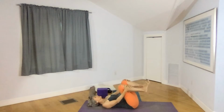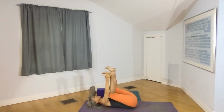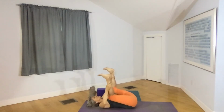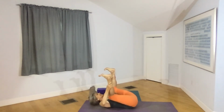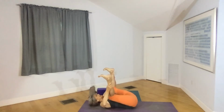Now, draw your knees really close to you again. Take your hands right on the shin bones, or for some of you, the hands right on the feet, and spread your toes. So, with the knees bent, with the feet facing up toward the ceiling here, just inhale and lift your heart up so that you get this nice engagement, and exhale, draw down. Do that 2 more times. Inhale, rise up, exhale down, and one more. Inhale